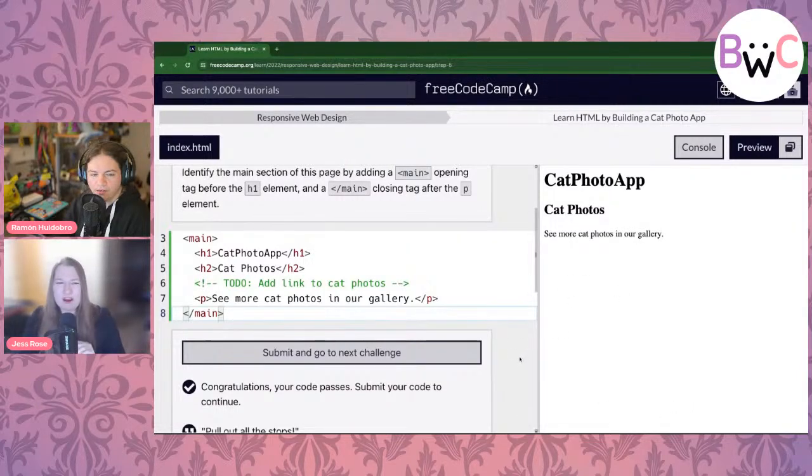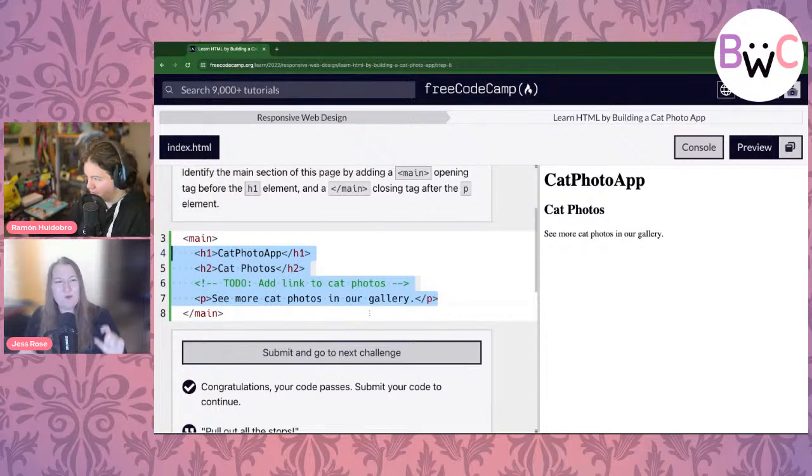One term that I want to preview: can you highlight the children of the main? Here, we would call the main element the parent element, and these H1, H2, everything inside is the child. It's a little bit Greek mythology, where all of the children have been swallowed by the parent element. So they're inside. I'm going to find a less morbid way to describe that someday.